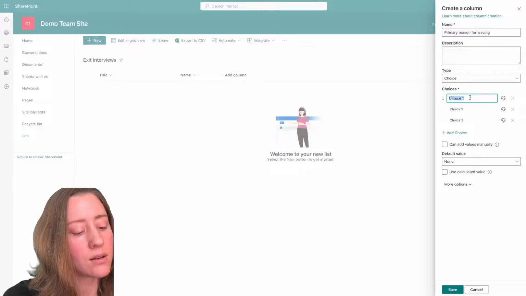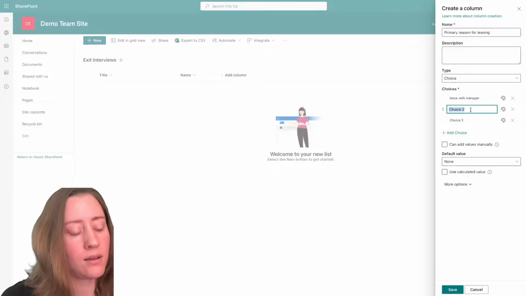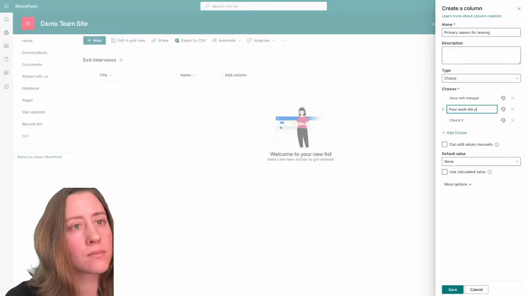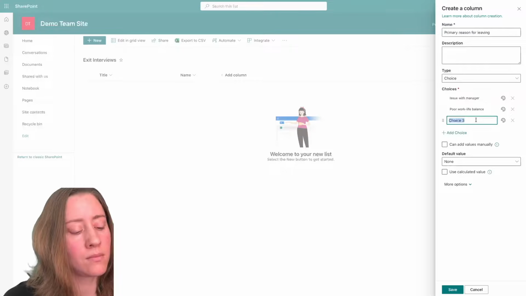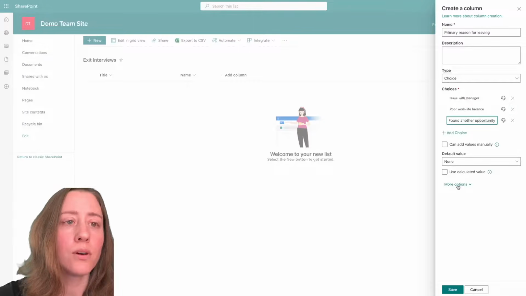So it could be like issue with manager and, why else do people leave? Another community. All right, if you have more choices, you can add more with this,